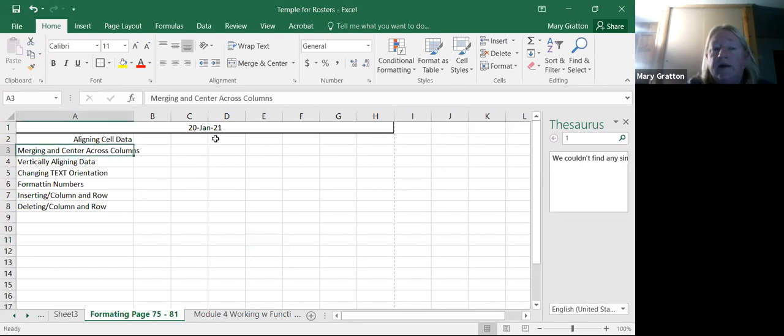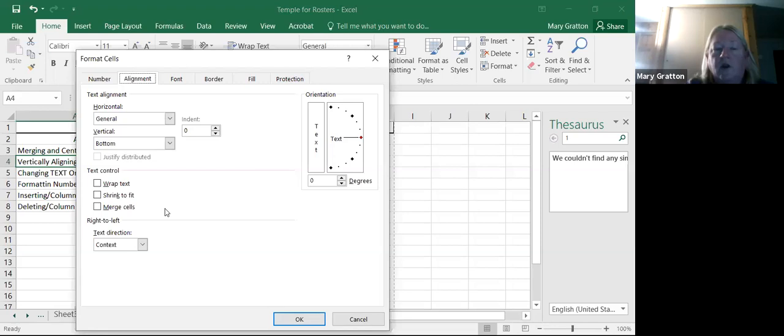Now, it automatically puts it in the center, but you could still also adjust this to be to the left or to the right, depending on what you're doing. Another thing is vertical alignment. Vertical alignment happens up in here where you can change your text. I have that highlighted, and I'm going to change the vertical alignment just by moving it. It's -90 degrees, and